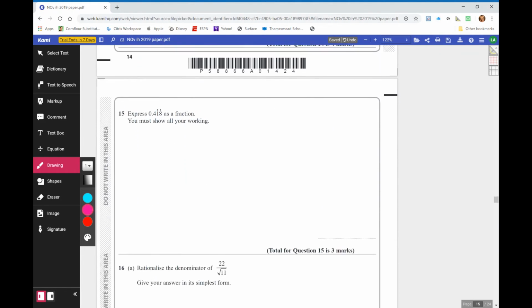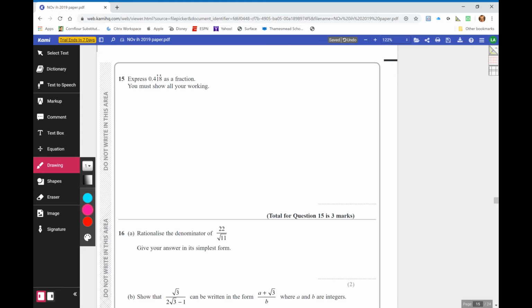Okay, express 0.418 as a fraction. The 18 is recurring. You've got these little dots here, which mean they're recurring. You must show your workings. So there are methods for recurring decimals. This has got a non-recurring element, and the first thing you do is times it so that the non-recurring digit is past the decimal. So I'd need to times it by 10,